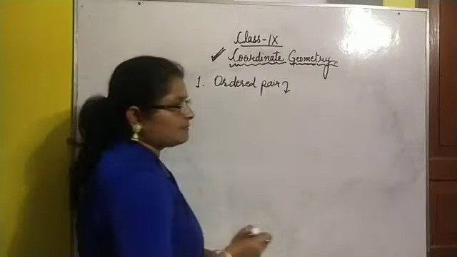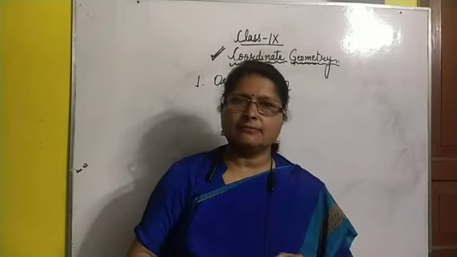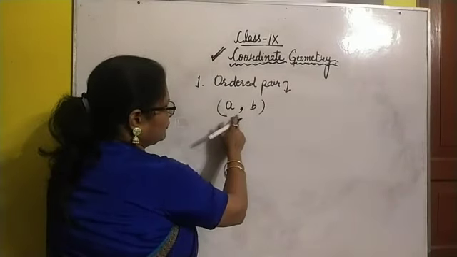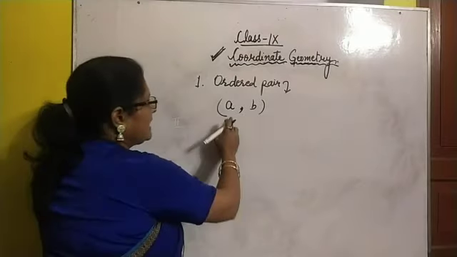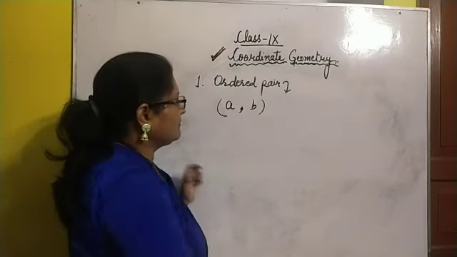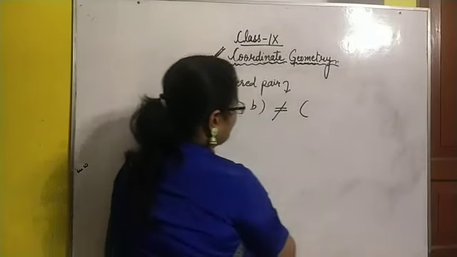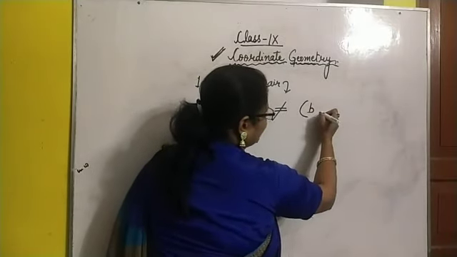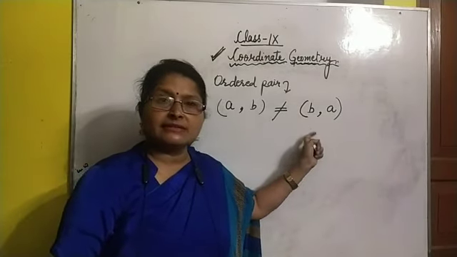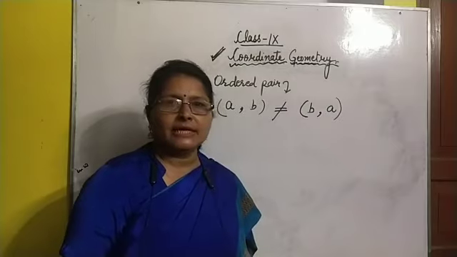What is an ordered pair? Suppose you have two numbers, A and B, and you have written both the numbers inside a bracket in a specific order. Specific order means A at the first place and B at the second place. We cannot write these numbers by changing their position, like B at the first place and A at the second place. If we change the position of the numbers inside the bracket, the position of the point will change in